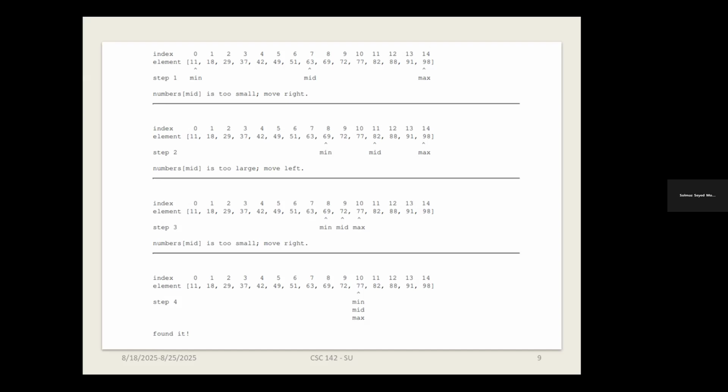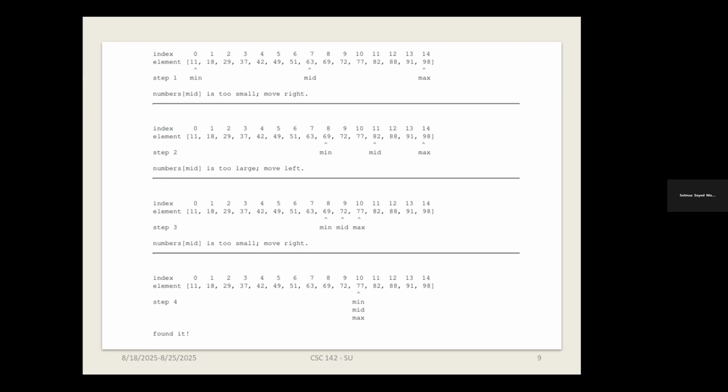When we move to the right, we find the target. The target is 77, and minimum, mid, and max show the same index in the last line, and we find the target. This way is very efficient because the runtime is O(log n).